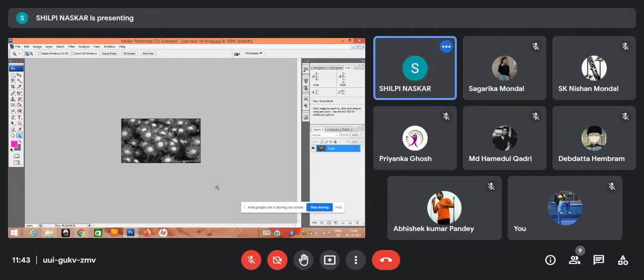But for index color mode, a maximum of 256 colors is used to display the full color image. The color information is in the color lookup table, or CLUT, for web and multimedia basically.